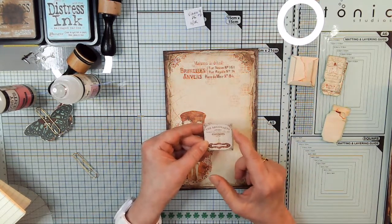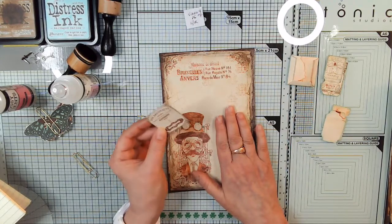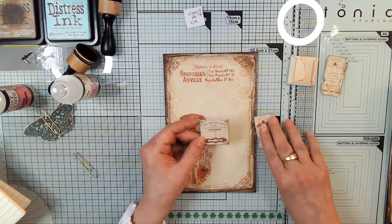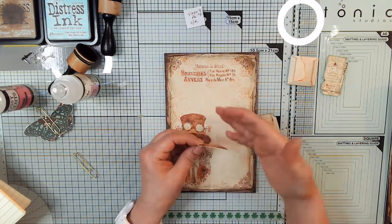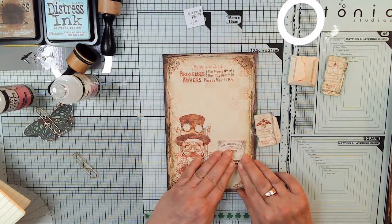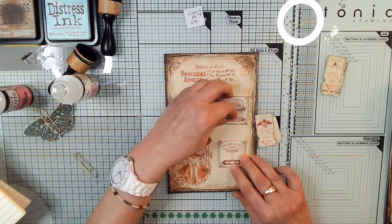I inked around this in the salvage patina, and then I did the page in the brown vintage photo. And the little ephemera that's going to go in the pockets, which you need more ephemera if you're going to use these kind of pockets, because it lifts it off the page a little bit. So let's see. We put one here and one here. That should be all right,